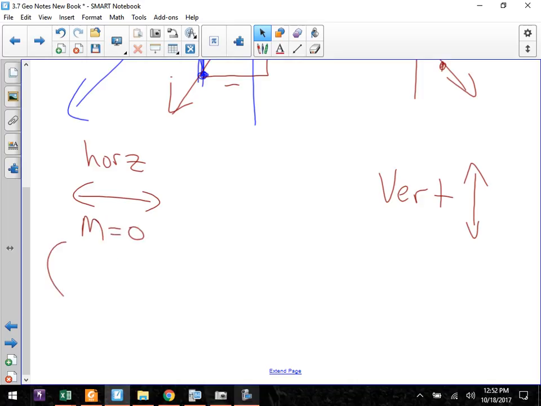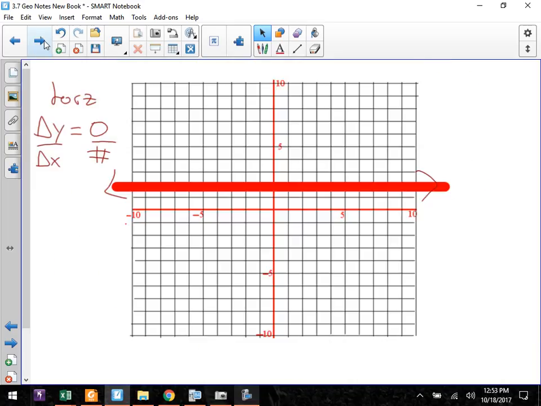And if it's a horizontal line in terms of an ordered pair, that means that the y values are the same. It means the y values are the same, the x values can be anything. Go back to the other side of thinking about vertical. If horizontal lines all share the same y value, what will vertical lines all share? The x value. So if I go back to my graph,